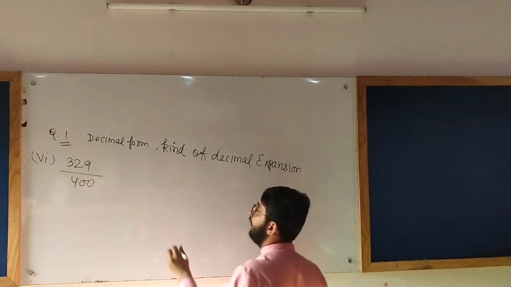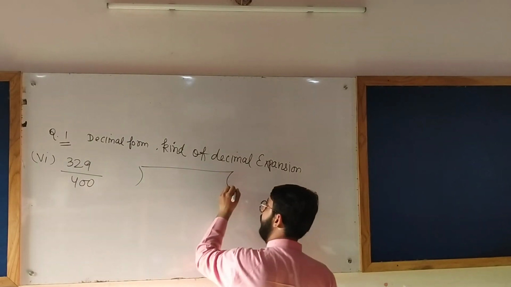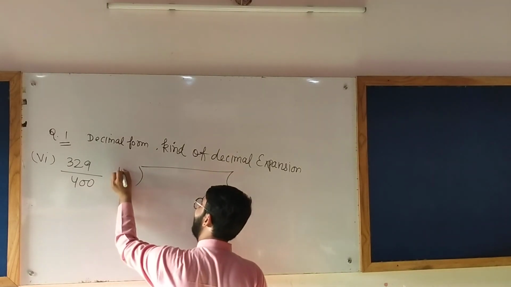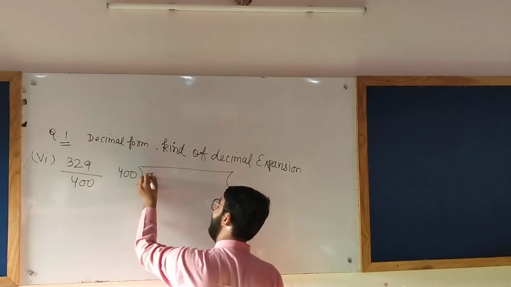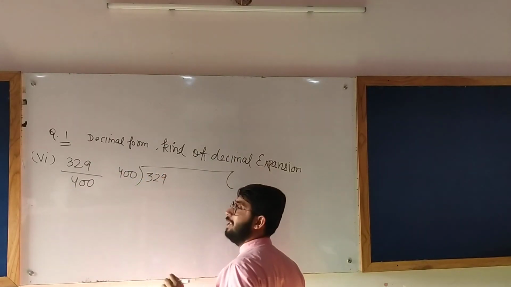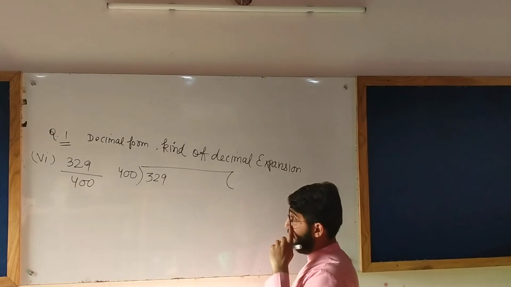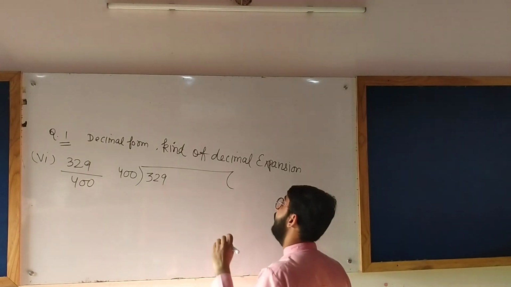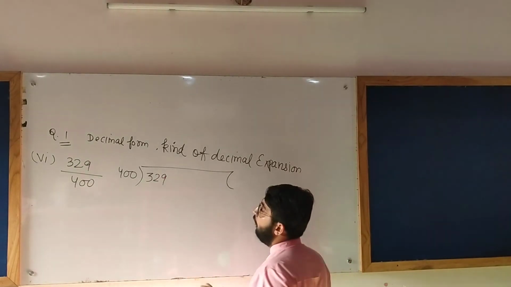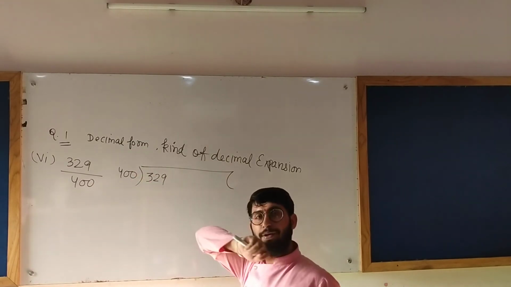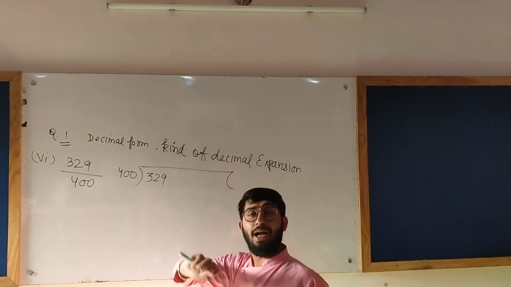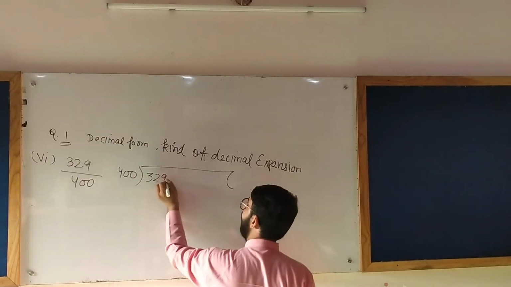Okay. As we know, denominator always comes outside. So 400 will be outside and 329 will be inside. Now 329 is smaller than 400. Dividend is smaller than the divisor. So we'll write it as